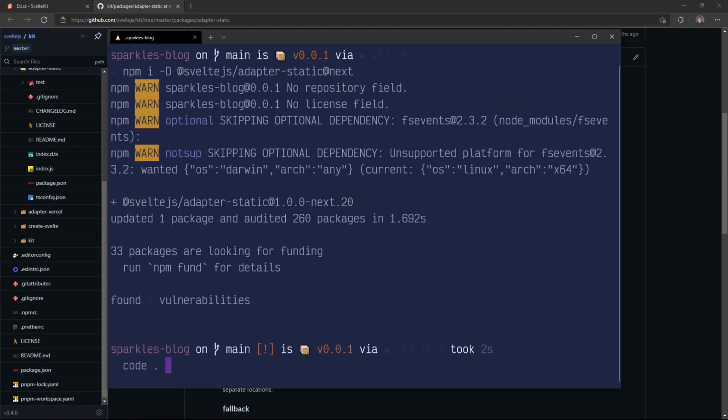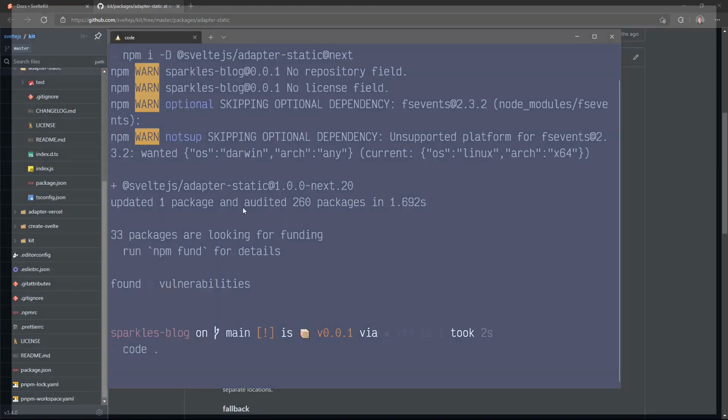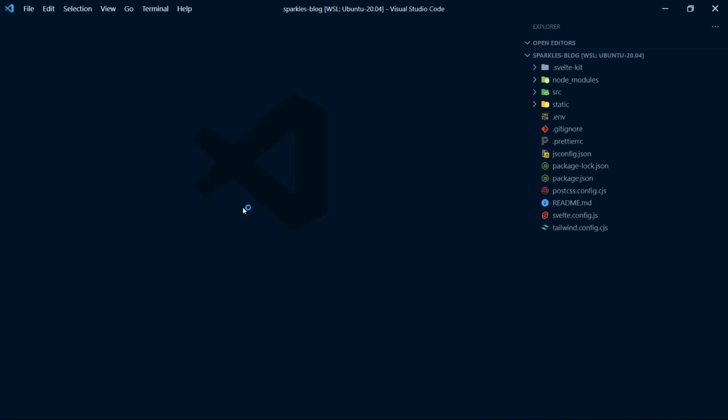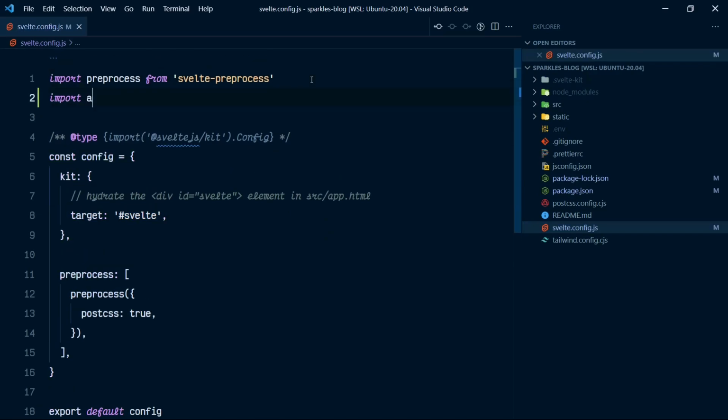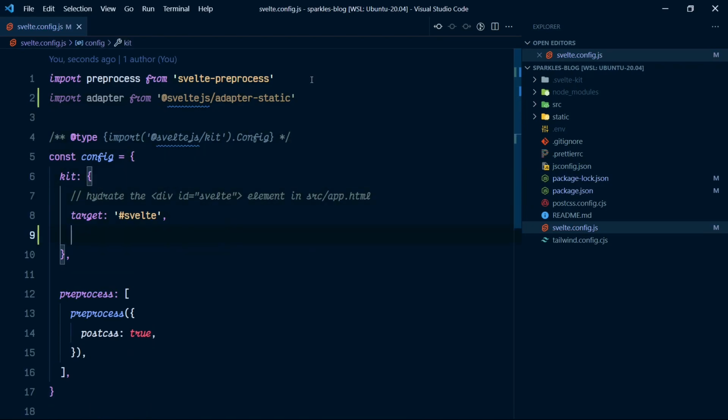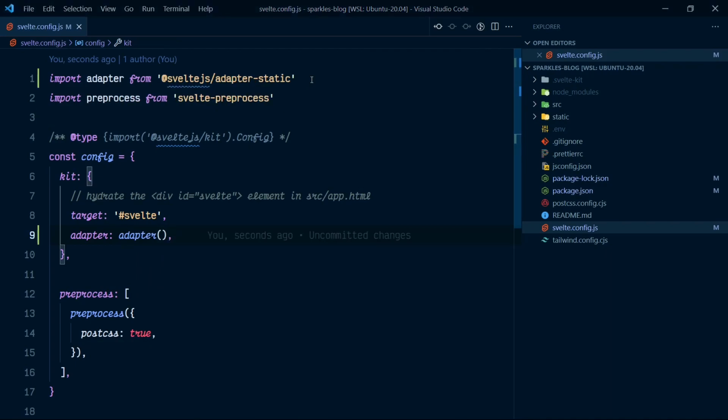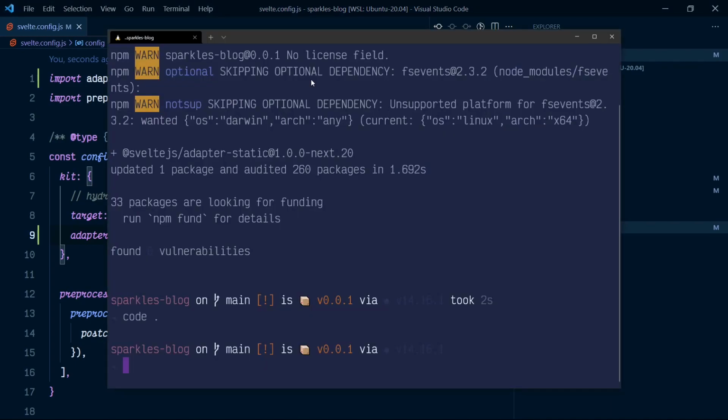Now that's installed, I can go over to VS Code and go on over to the Svelte config here and import the adapter and add it to the config object here. I'm just going to have the defaults in there. Hit save. Now I should be able to build this. So if I go on over to the terminal and run npm run build,